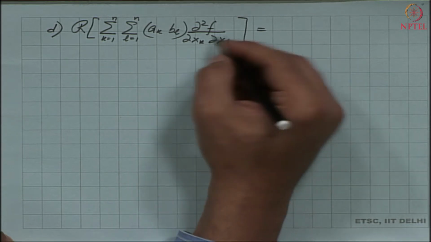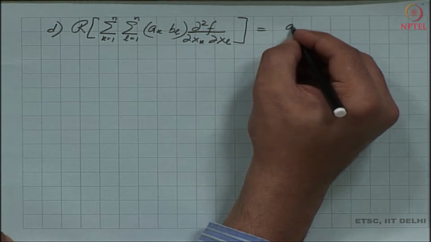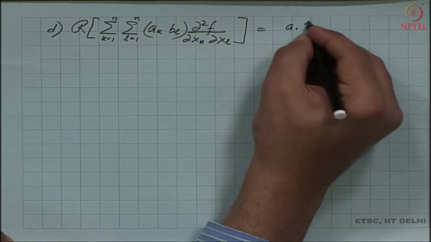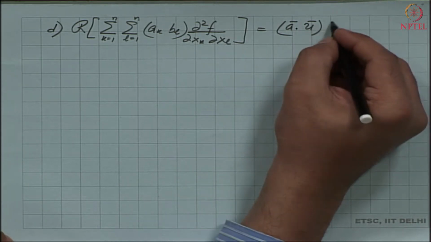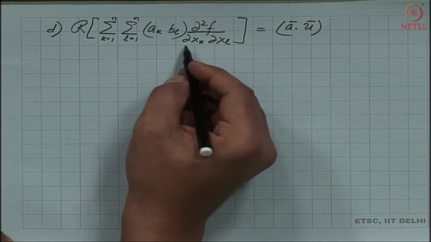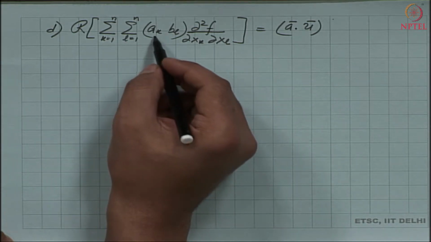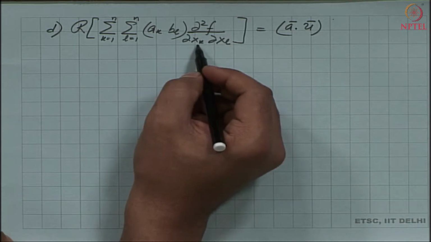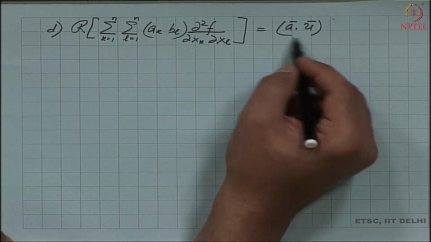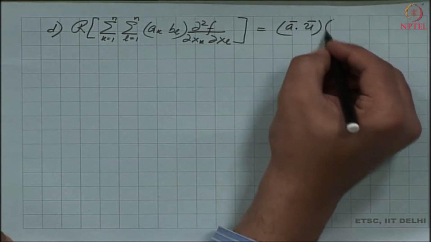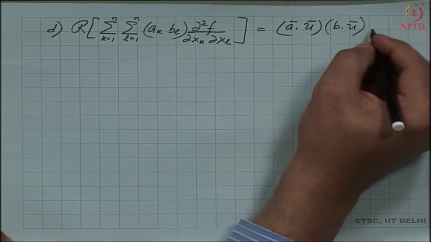So, in this general case my right hand side is a dot with u. So, what I have is that this is a dot with u. That is the most general derivative. We see that we are summing up from k 1 to n, so we are taking all possible derivatives from 1 to n. That is bringing in the corresponding direction cosines, and then b dot u times the second derivative.